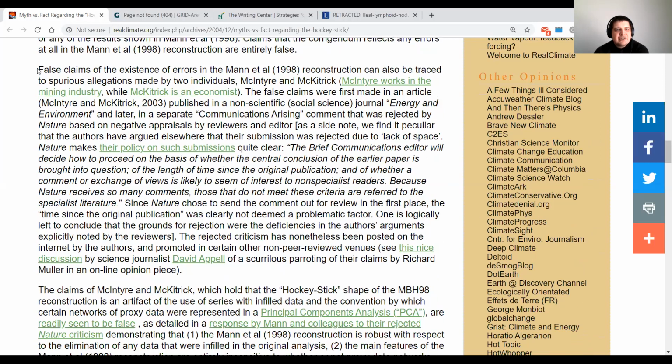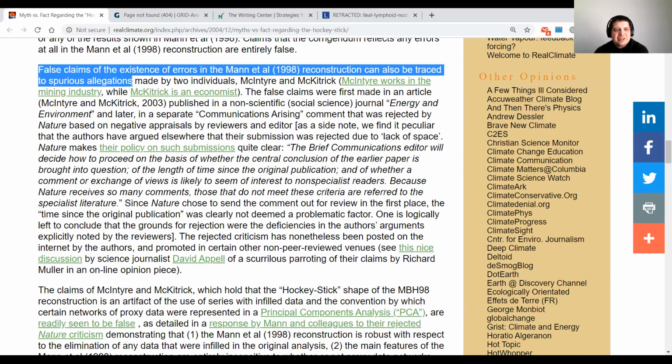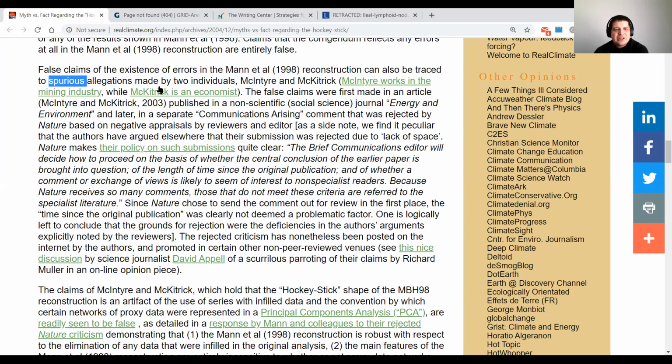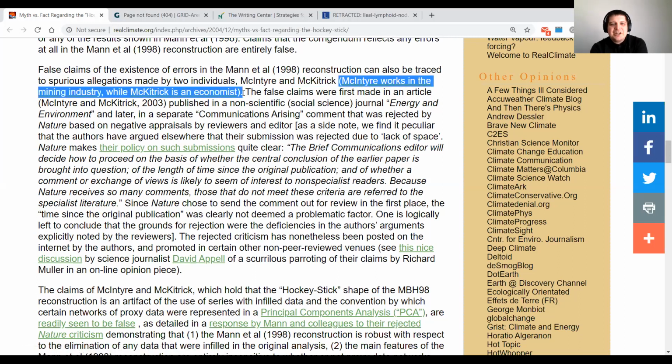False claims of the existence of errors in this reconstruction can also be traced back to spurious allegations. Spurious means they don't hold together, made by 2 individuals, McIntyre and McKittrick. McIntyre works in the mining industry while McKittrick is an economist. This is a really important sentence because, as Pierce did when he calls McIntyre a Canadian, squash playing blogger,